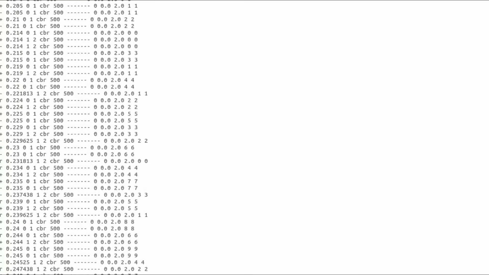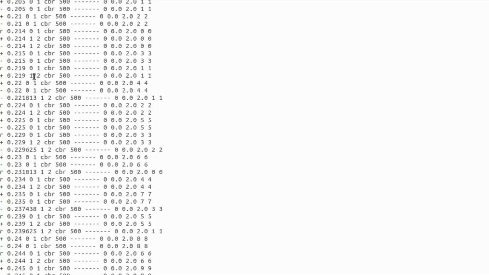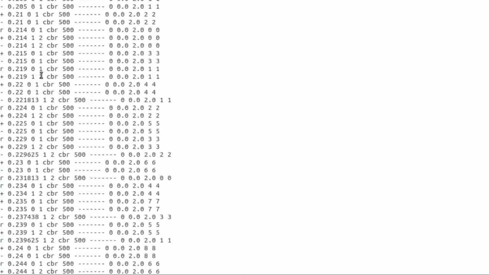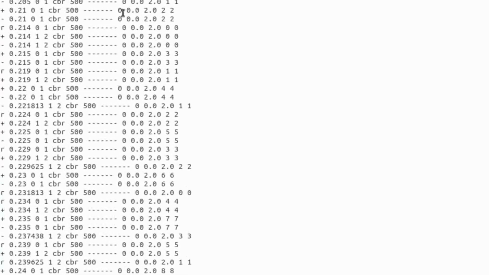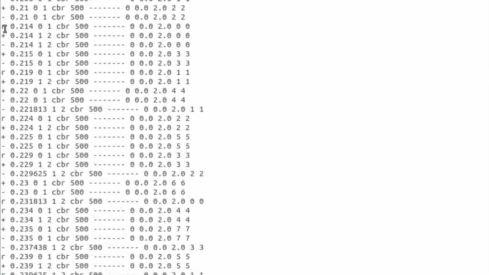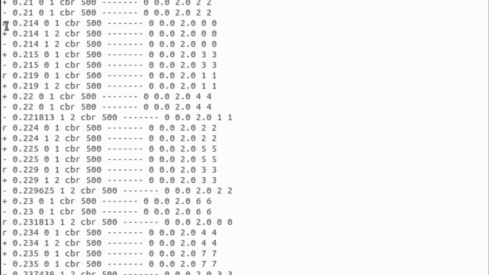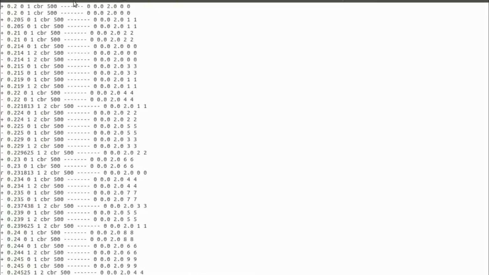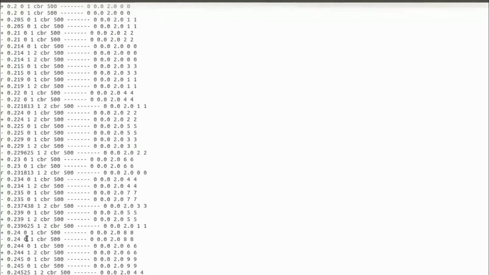What you need to identify here is that the plus sign is the packet arrival, that is enqueue, and minus is dequeue, the packet's departure.